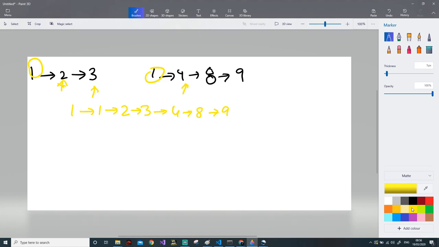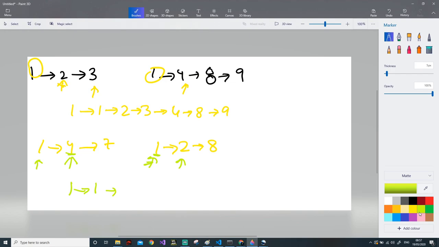Now we have a linked list with a little more complicated comparison, like 1, 4 and 7 here, and 1, 2, 8 here. I will change the color again. Here, first we will compare 1 and 1, and I will take 1. If I take it from this list, this will point to this. Now it will compare 1 and 4, this and this. The smaller is 1, so this will move to here.